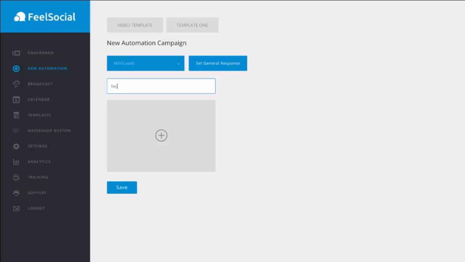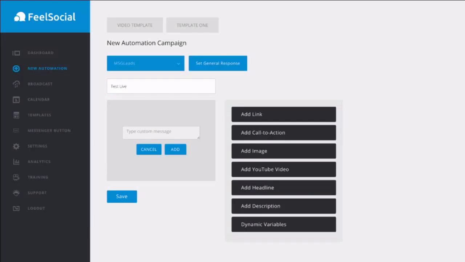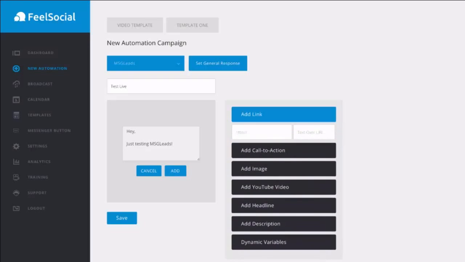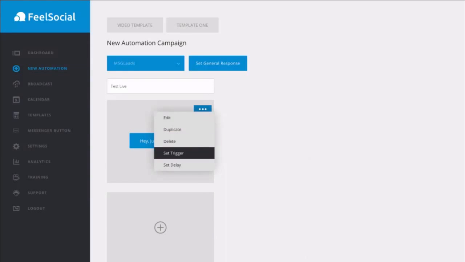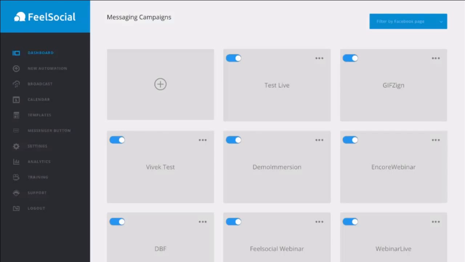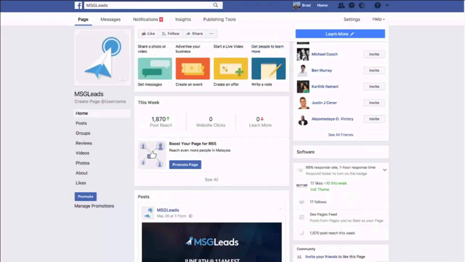So let's name this Test Live. I've got my MSG Leads page set up here. Hey, just testing MSG Leads, and I'll put in the URL either there, or what's really cool is if I add it as a call to action, as a link call to action. Click here to subscribe, for example. Okay, so let's just leave it as subscribe. Now, if I were to add this as a welcome trigger, click on save. Okay, so now I go back to my MSG Leads page and I send the page a